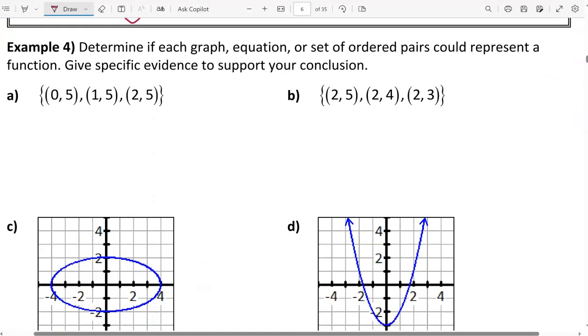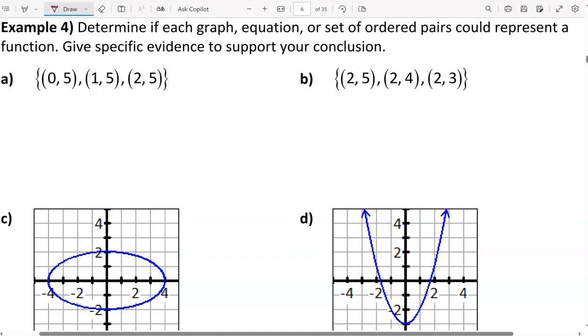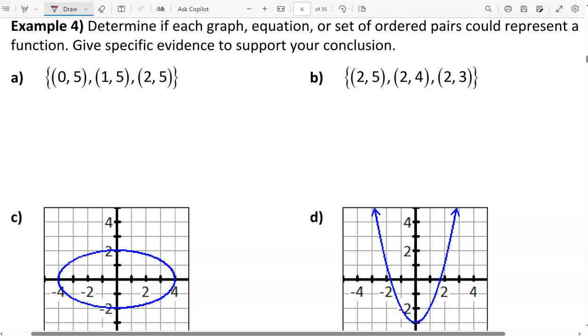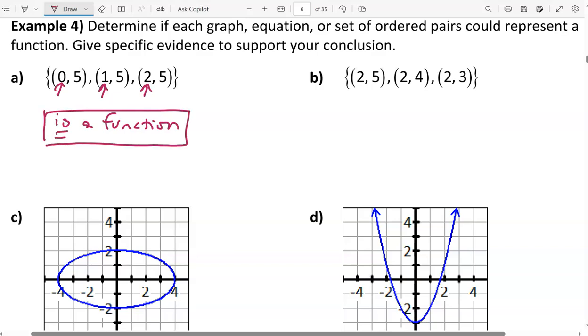Let's take a look at example 4, and we have in A a set of 3 ordered pairs. 0 as an x value corresponds only to 5, 1 corresponds only to 5, and 2 corresponds only to 5. That means that this is a function, and the justification for that is each x corresponds to only one y,